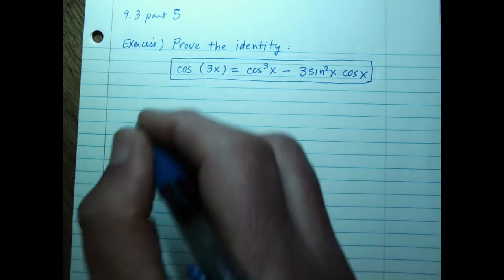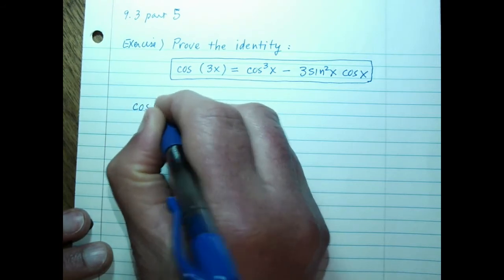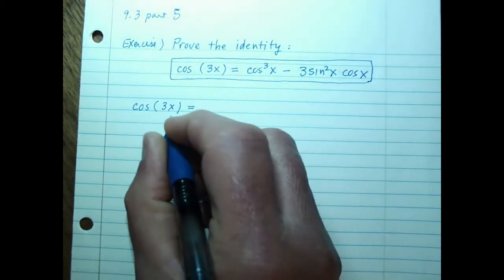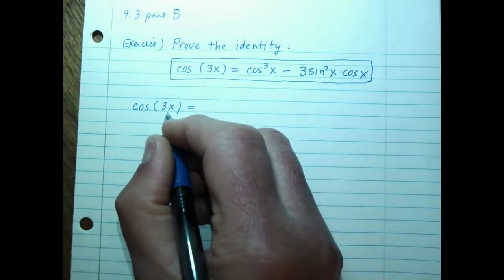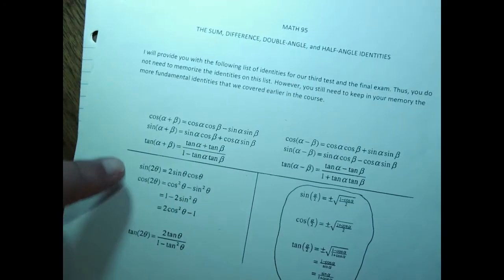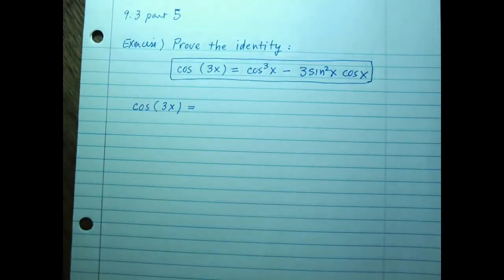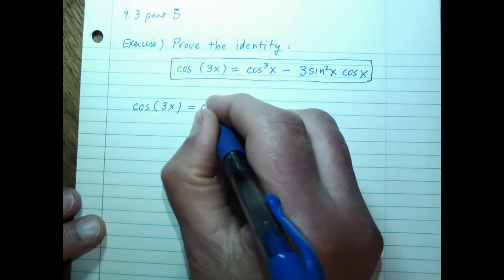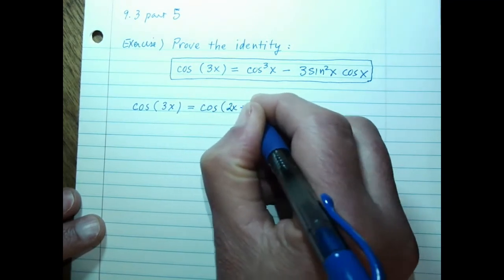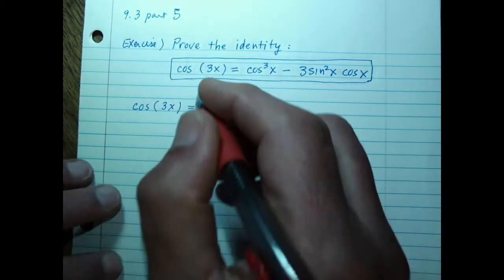I'm going to start on one side of this identity and try to get to the other side. I'm going to start with cosine 3x. And so here's a strategy that, you might say, we don't have any triple angle identity on our sheet. We have double angle identities. We have sum identities and difference identities. Like, how can we get this to look like something we have an identity for? And here's what you could do. You could write that 3x as 2x plus x. And so that allows me to use